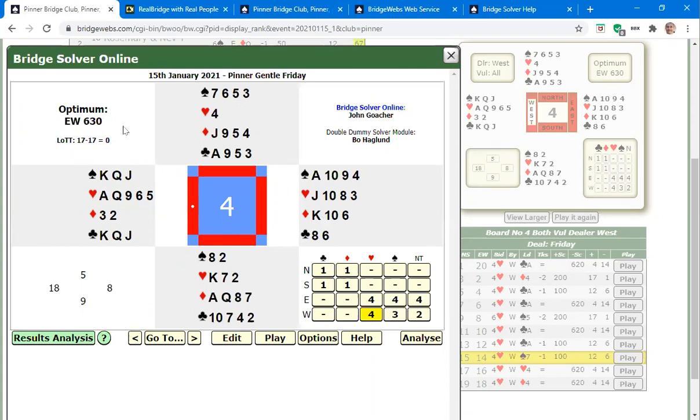And then this little line here is actually a reference to the law of total tricks. Now, the law of total tricks is a topic I'm going to be covering Friday, tomorrow afternoon. I've covered it before. It's basically an analysis of the hand that compares the hand being played in 2 ways. So, in other words, this hand could be played by East-West in a heart contract, or it might conceivably be played by North-South, either in a club contract or in a diamond contract, because North-South have got an 8-card fit